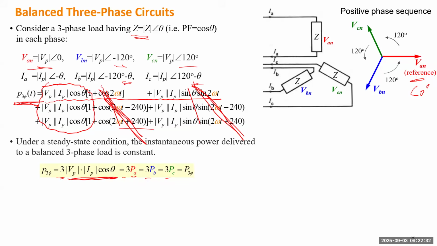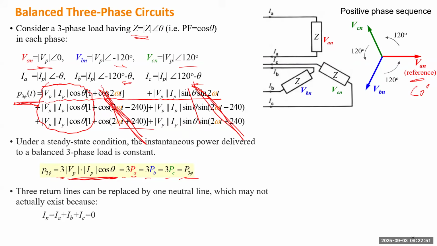And this is also simply what we call the 3-phase active power. So for steady state condition, balanced 3-phase circuits, the 3-phase instantaneous power is identical to the 3-phase active power. Next, because the 3 loads are balanced, each current will be lagging the corresponding voltage by the power factor angle.